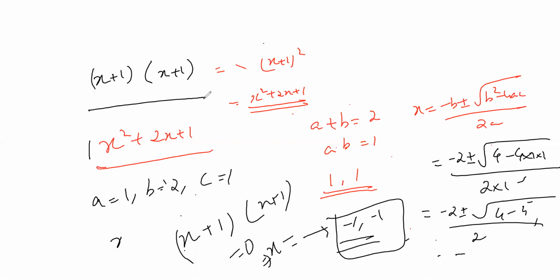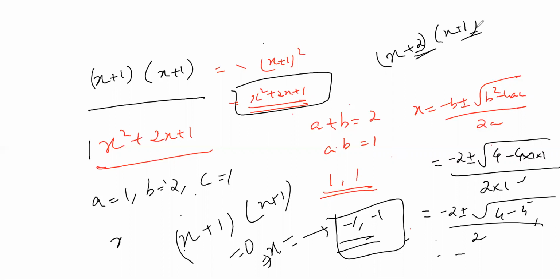First step, take any small numbers, x plus 2 into x plus 1. Multiply it. Okay, x plus a into x plus b. Just like that, multiply, get the question. Then do the prime factorization. The benefit is that already you know the answer. Factors are minus 2 and minus 1. Already you know the answer. Then you proceed, you'll definitely get the answer. Pakka.